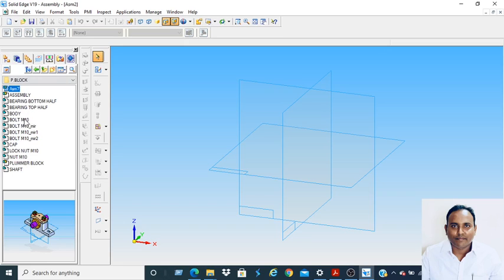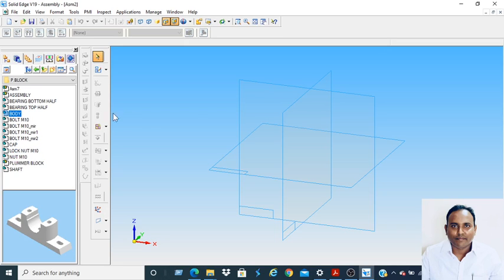It contains the part drawing components. We can see the preview also. This is the body component preview, then cap, bearing bottom half, bearing top half. There is a bolt M10, lock nut, nut. Okay, now let's see the assembly drawing of plumber block.